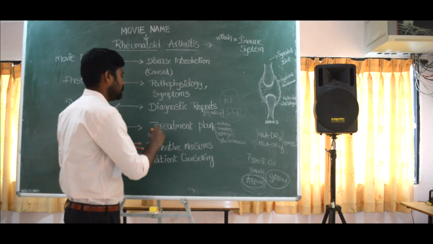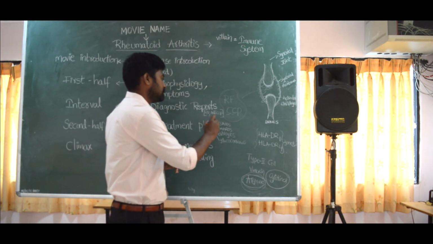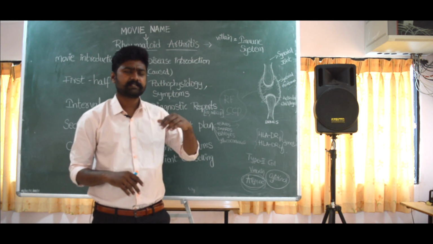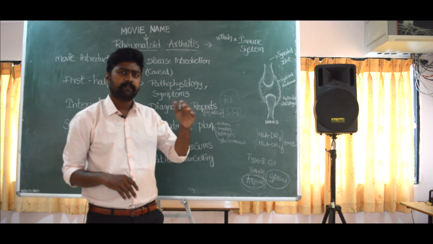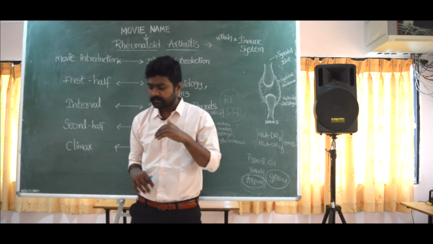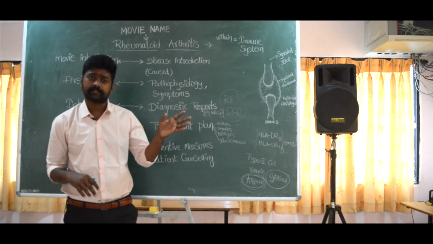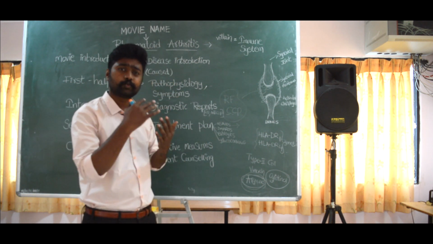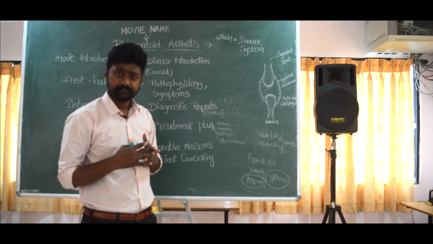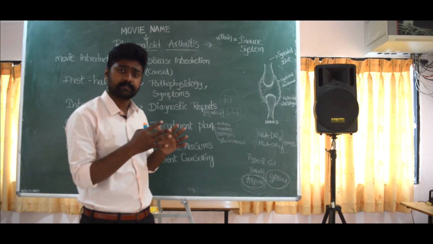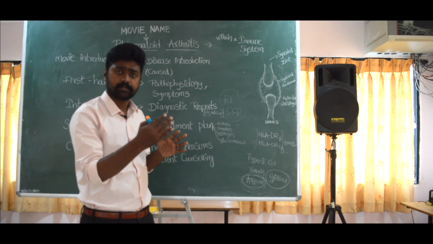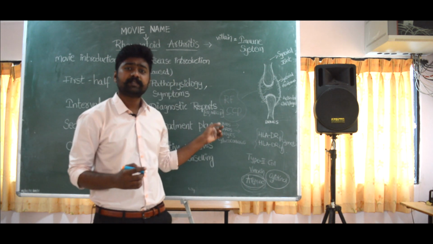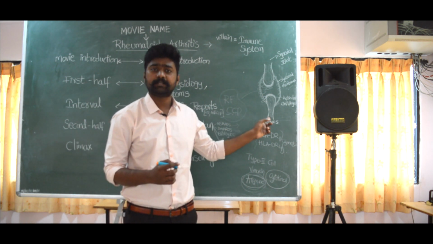For example, as soon as you get this disease, the physicians will start giving NSAIDs. NSAIDs can be of your physician's choice. They can give ibuprofen, they can give diclofenac. It's up to their choice. Okay, they will give. We have to wait for 2 to 4 weeks to observe the symptoms, whether they're coming down or not. Then after, we have to give DMARDs. DMARDs means disease modifying anti-rheumatic drugs.